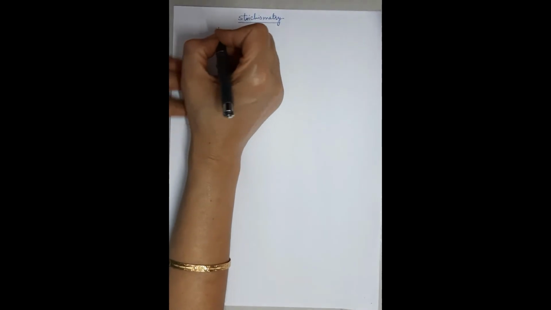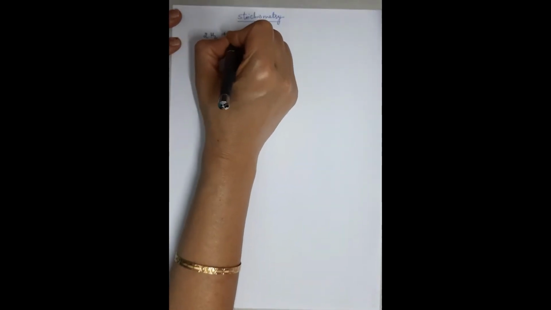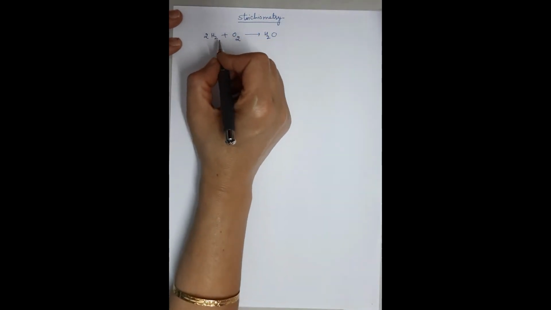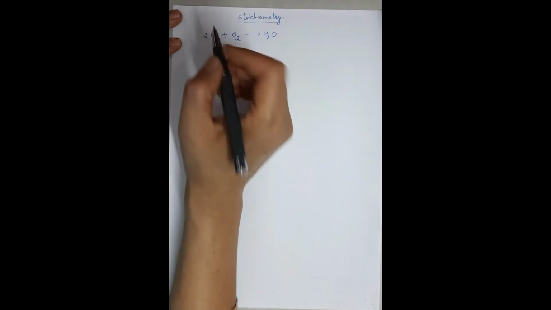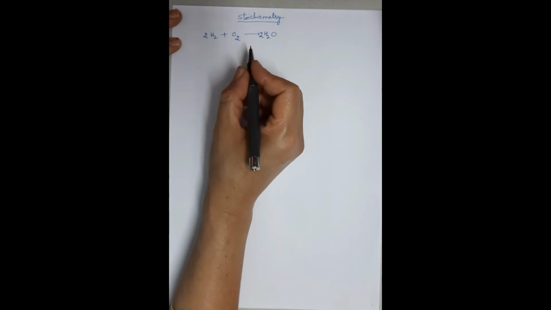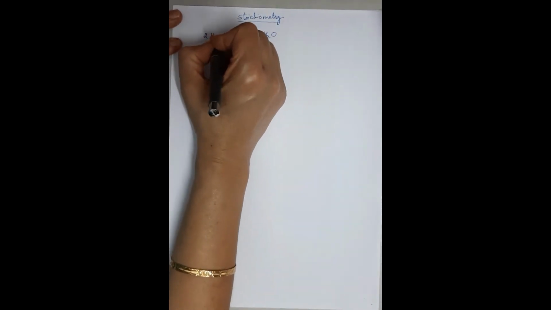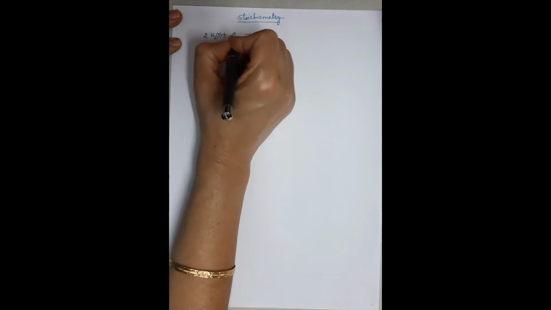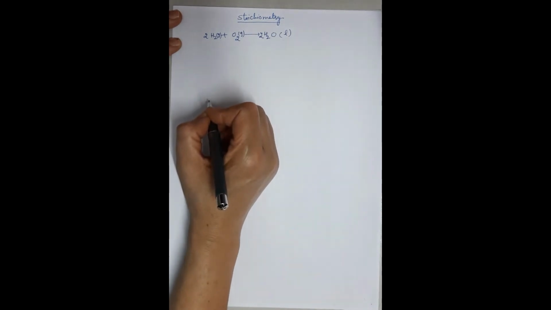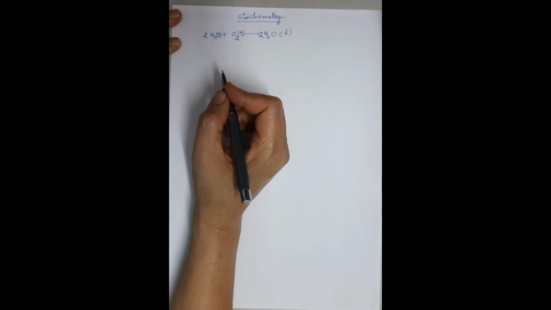I'll explain it with the help of an example. If I take H2 plus O2 gives you H2O. For stoichiometry, we always take the balanced chemical equation. So if I balance it, here it is 2, here also it is 2. What information we are getting from this? And generally in the equation, their states are also written. This is in gaseous state, this is also gaseous, this might be in the liquid form. This is the equation. What information you are getting in this reaction?